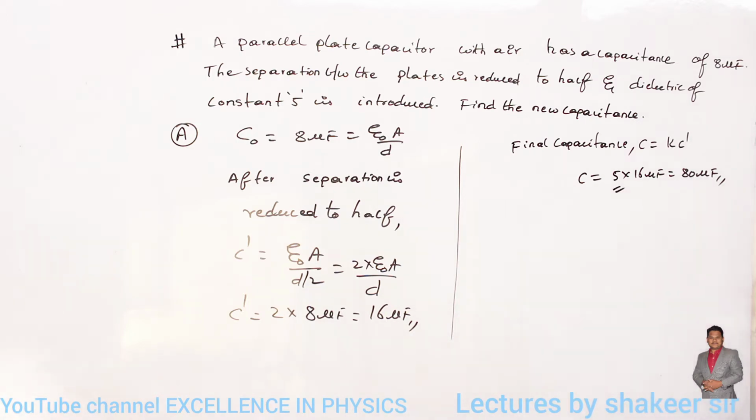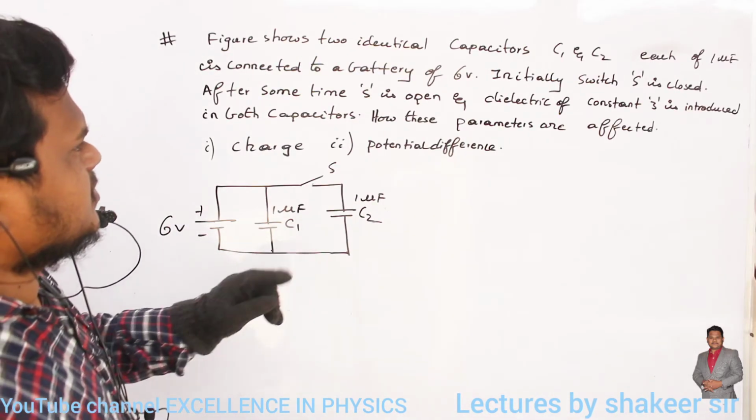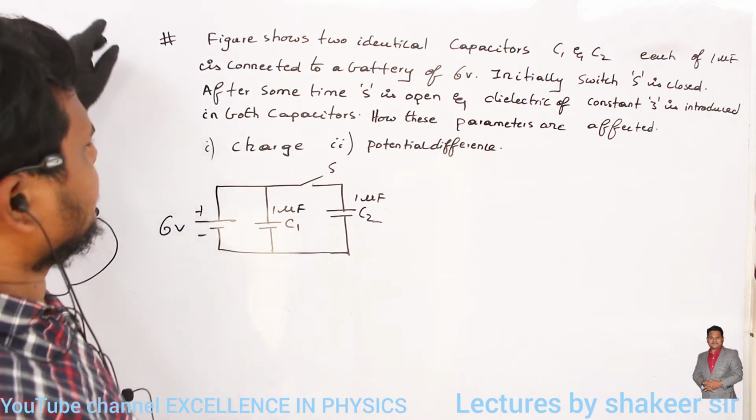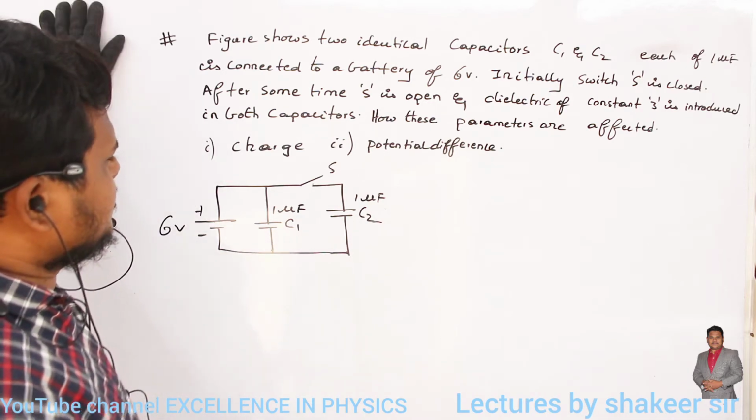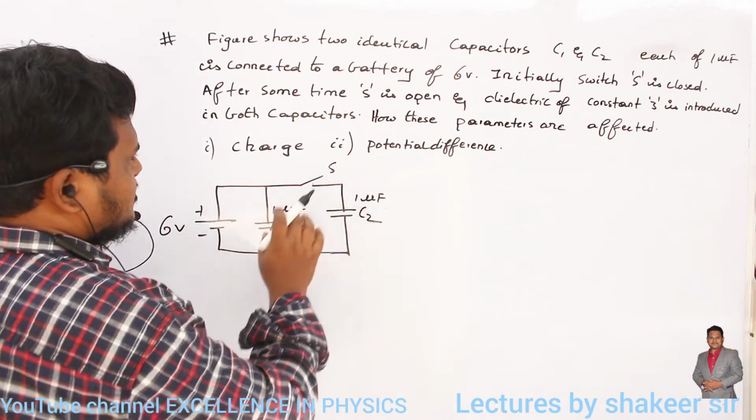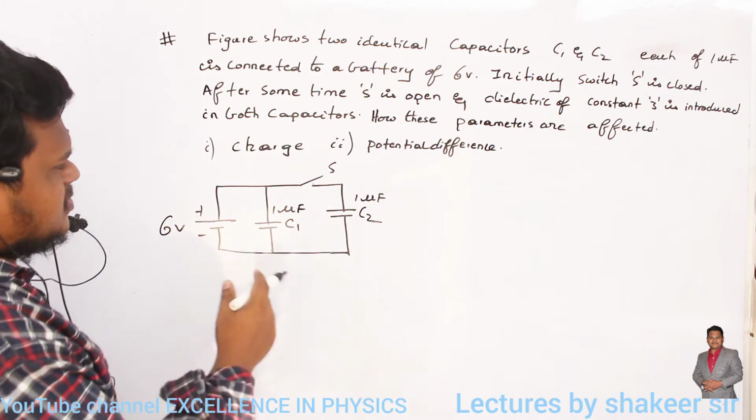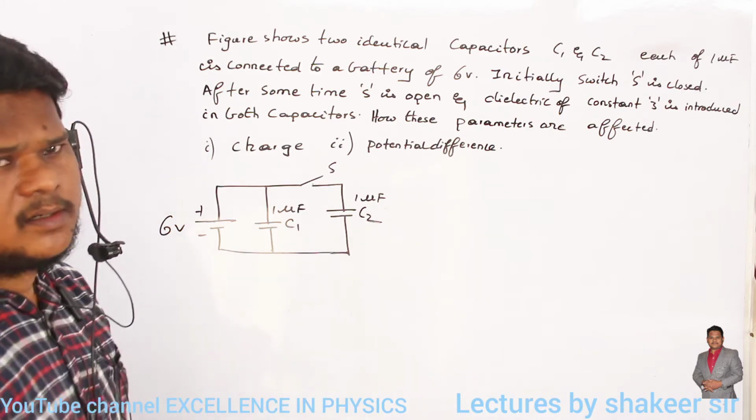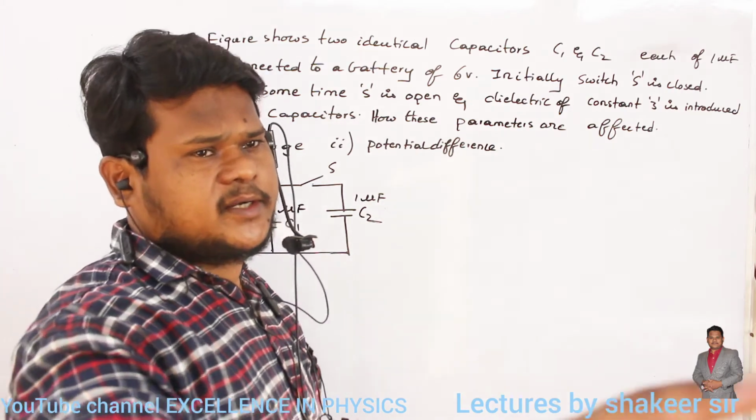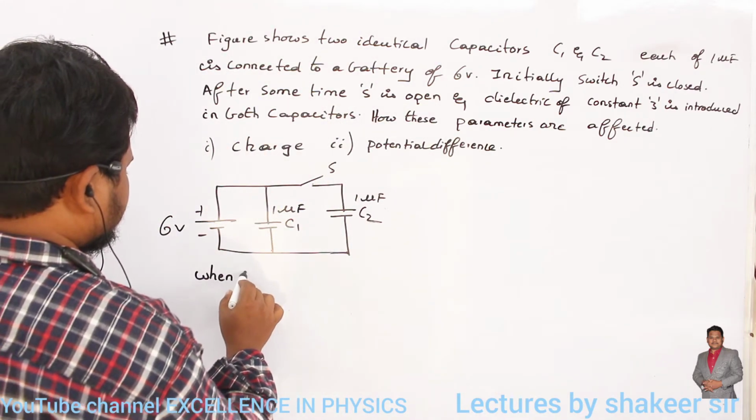5. Okay, that's all. Figure shows two identical capacitors C1 and C2, each of 1 microfarad capacitance, connected to a battery of 6 volts. So initially this switch was in a closed position. Okay? If the switch was in closed position, first of all let us analyze the situation of that condition. Clear? So when the switch is closed,